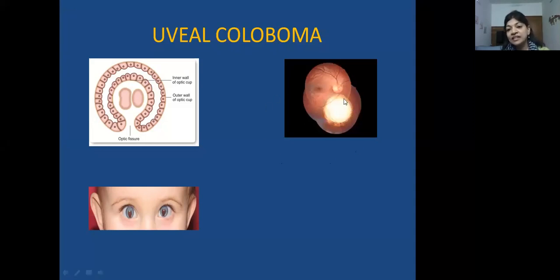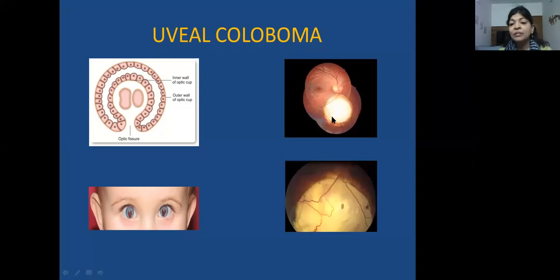Now, in this case, what you see here is the coloboma. Above it, you see the optic disc and the macula of the fundus. Because this coloboma is separate from the optic disc and the macula, you would expect this child to have reasonably good vision. However, if you have a coloboma like this, which is so huge, and you can see that the inferior part of the optic disc is affected, such kids are going to have profound loss of vision.